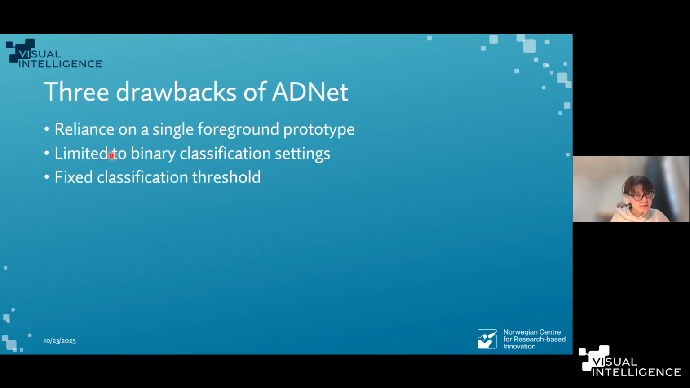Another limitation is that it can only work for binary class settings. There is also a following work called ADNet plus for multi-class segmentation, but it cannot do multi-class training, because it is basically a piecewise binary classification model, so it cannot improve the representation from multiple classes. And ADNet used a fixed threshold, so it cannot adjust for varying organ size